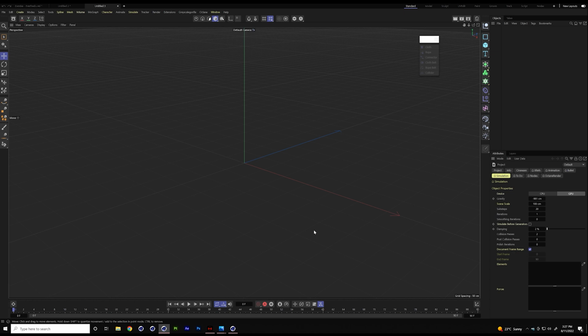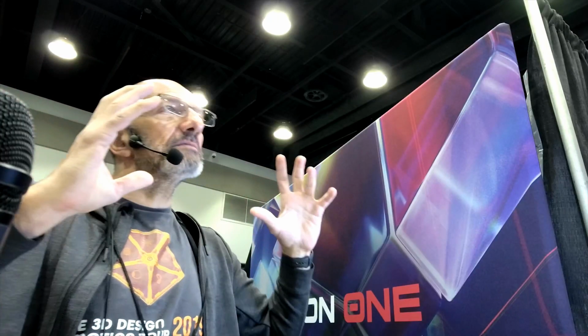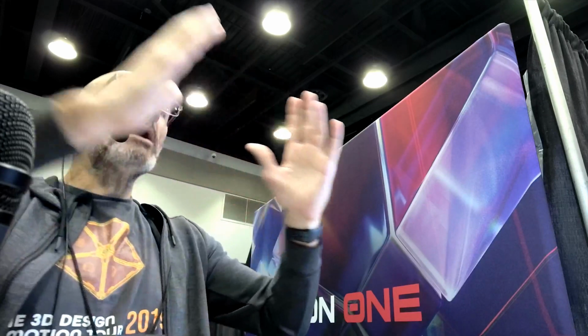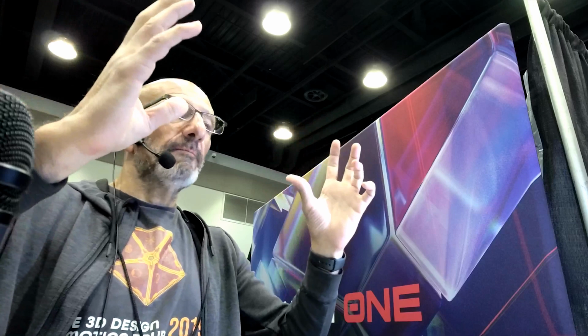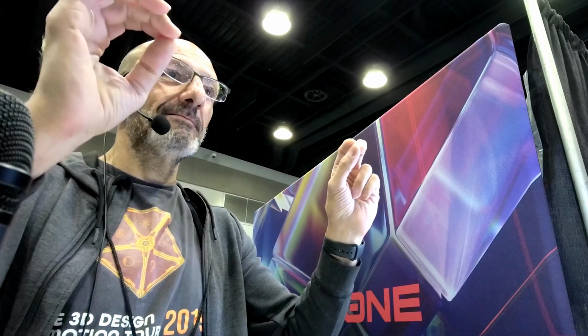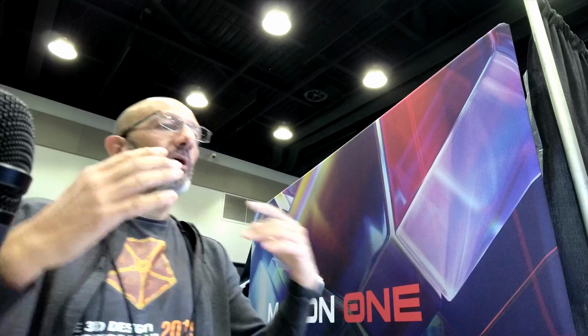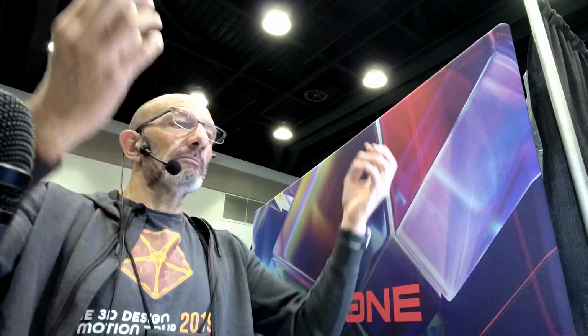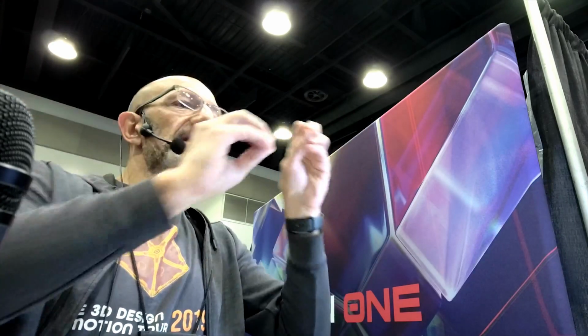Has anyone ever used the old cloth system in Cinema 4D? Anyone? Right. One of the limitations of that system was that tearing was done using an enormous hack. The hack was when a polygon became larger than a certain threshold, Cinema 4D would hide it. So if you create a cloth in the old system with tearing, and you use a cloner to clone things on it, you will see those things cloning even on the invisible polygons.